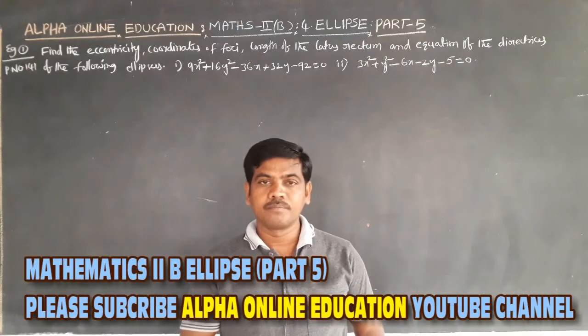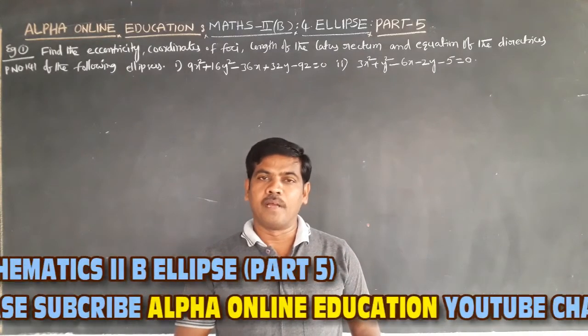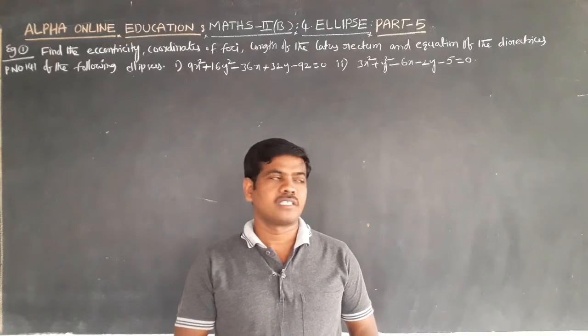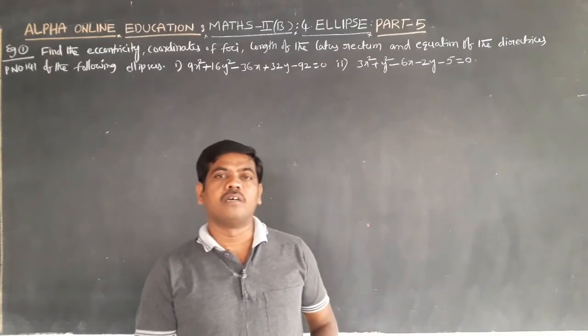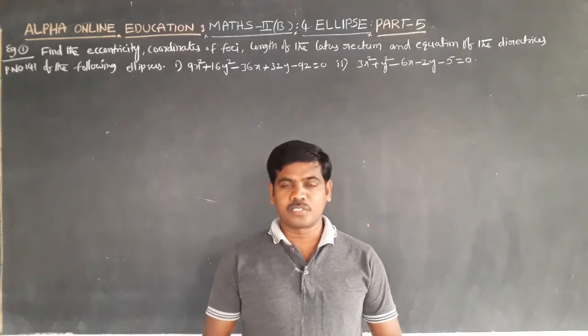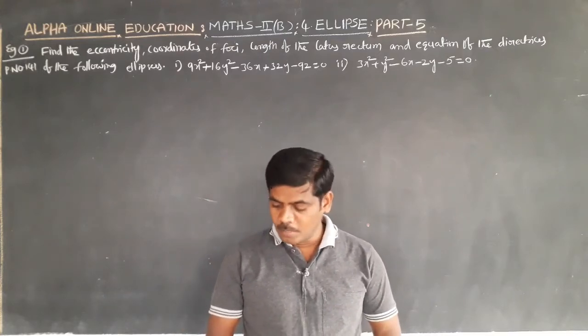Auxiliary circle, notations, parametric equations, and one theorem. We start example problems. First one is first example, page number